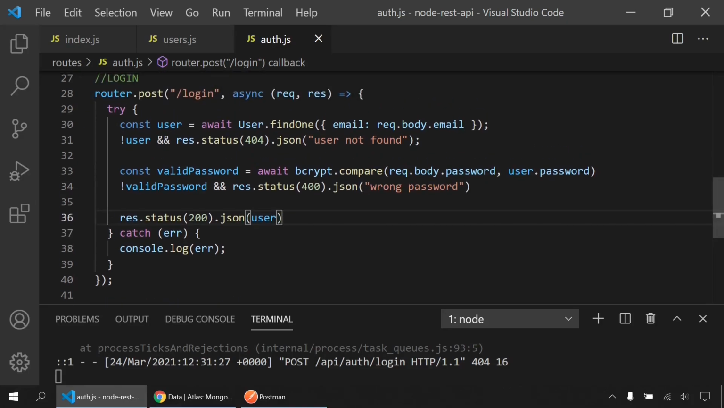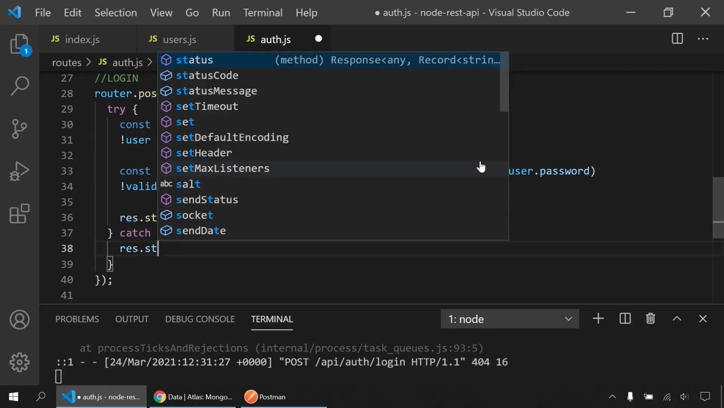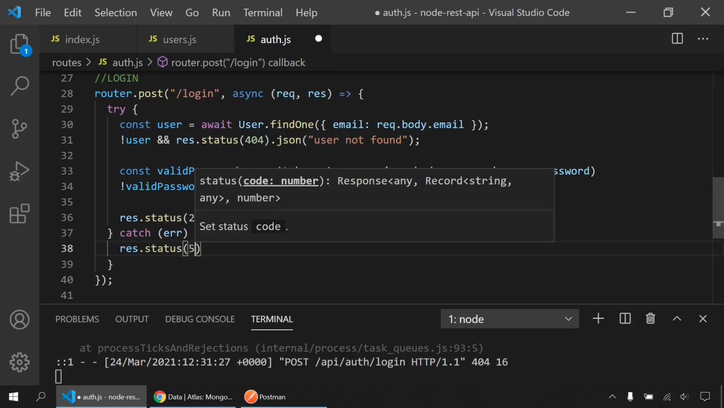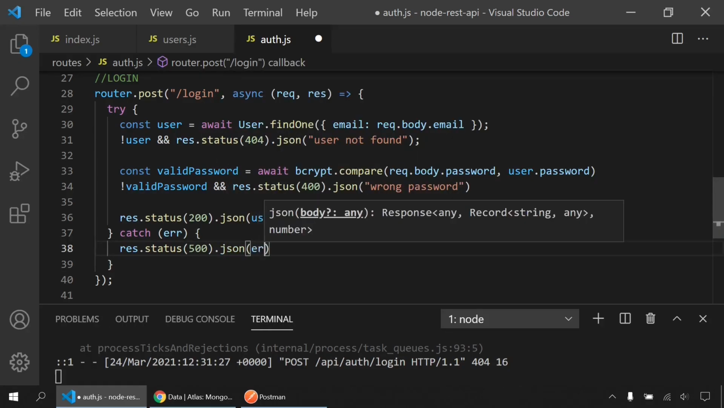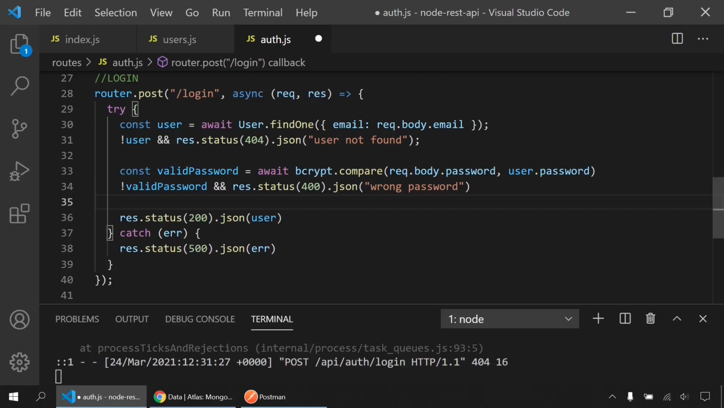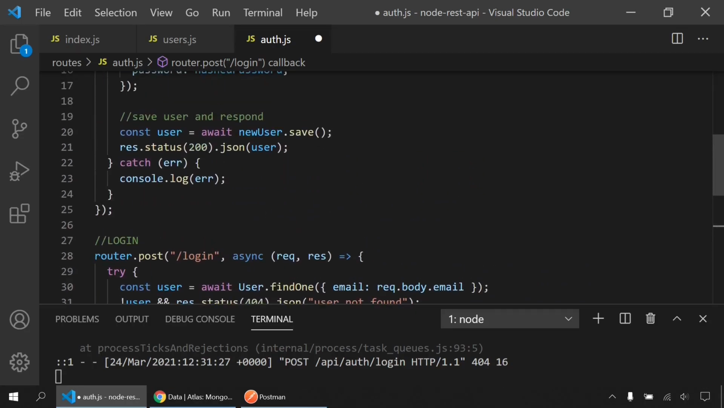But instead of console log, I can send this as a response. I can say status 500 and JSON, maybe this error. And also here,